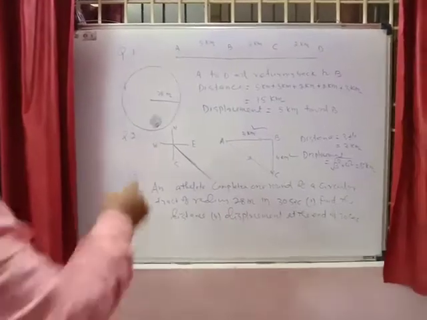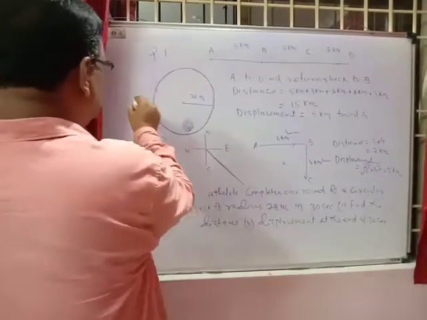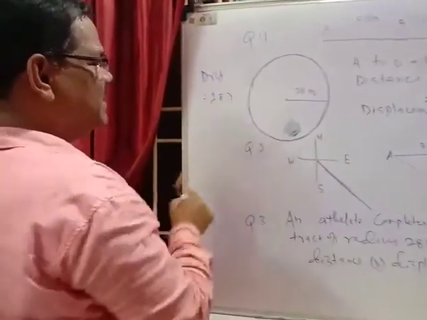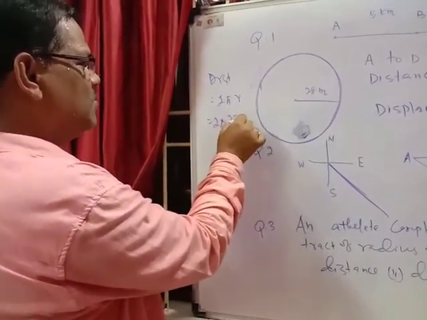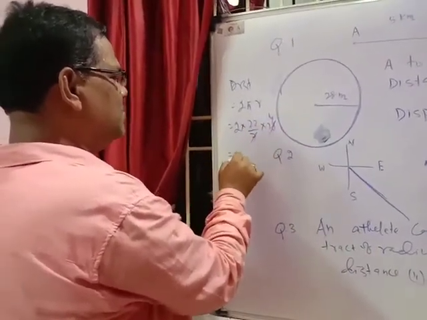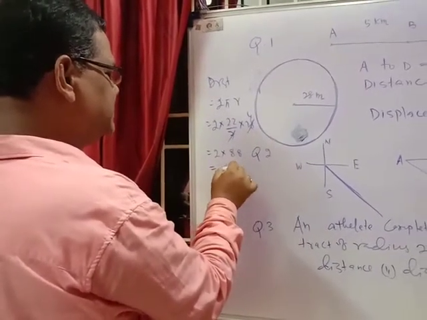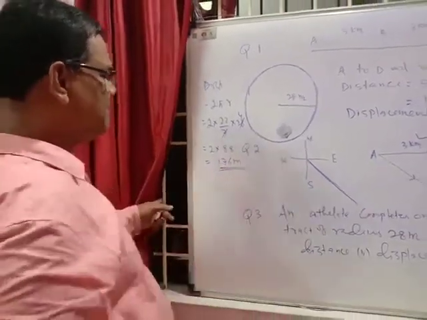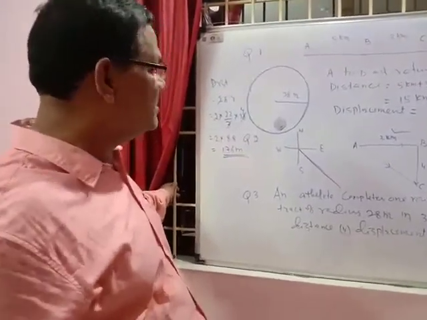So the circumference is the total distance, and the distance is equal to 2 pi r, that is 2 into 22 by 7 into r equal to 28, that is 4. So this will be equal to 2 into 88, 176 meter. 176 meter is the distance traveled, but the displacement will be 0